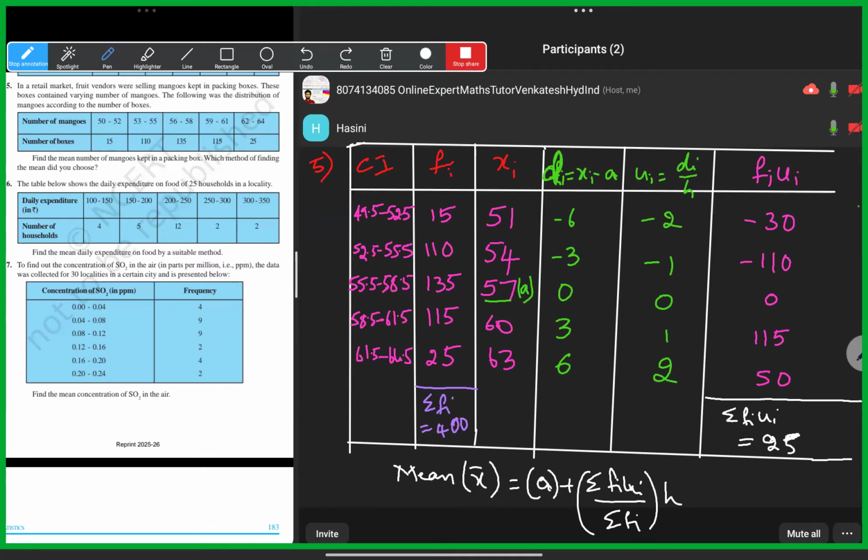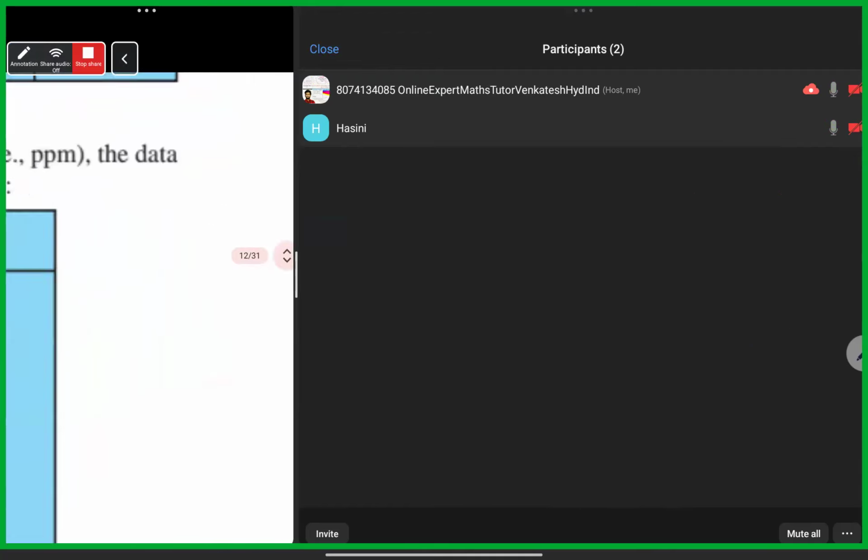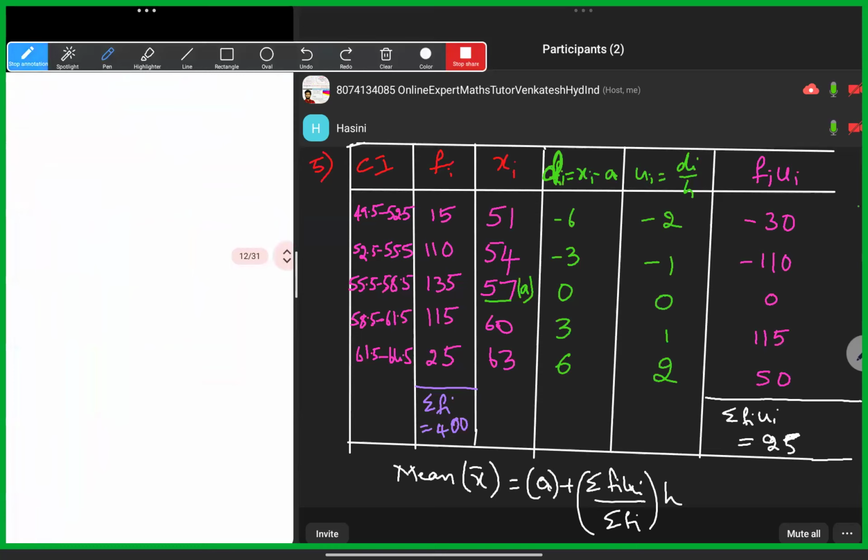So now we will substitute the values. Mean x bar is equal to a, which is 57, plus sigma fi ui 25 by sigma fi 400